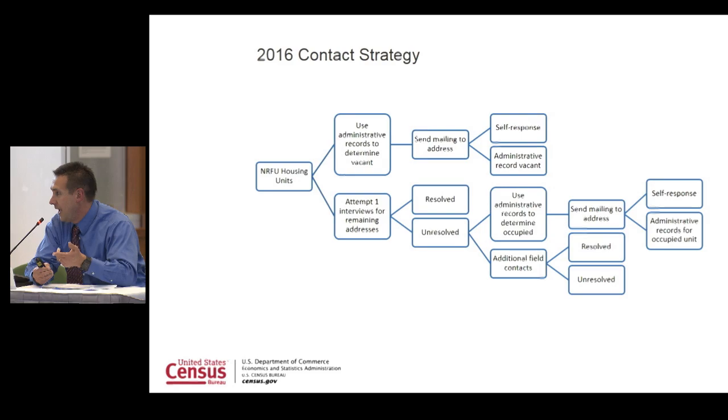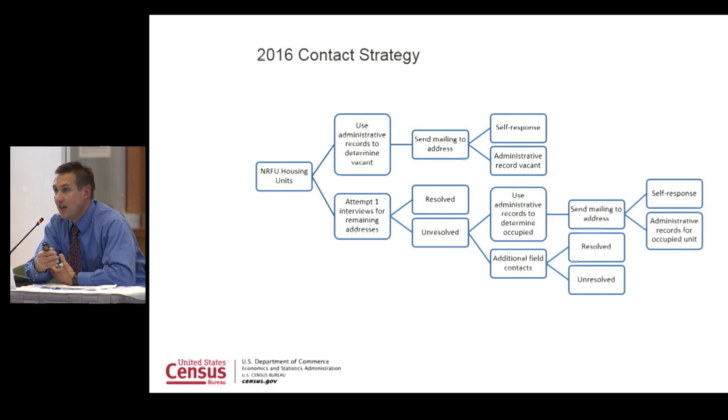They could go online, go to the internet, and fill it out that way. They could get out their paper questionnaire. Or we also had the 800 number, so they could do the telephone questionnaire assistance case resolution. They could dial the phone number and complete the census that way. Those are the multiple ways it could be resolved on the first visit.